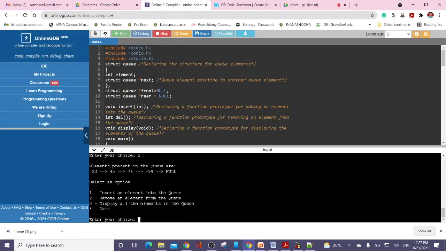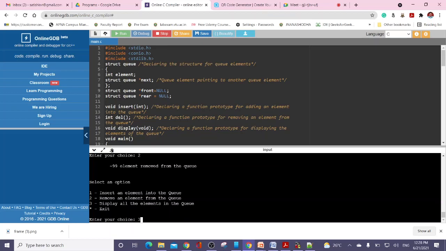So now coming back to the program execution, I want to remove elements using 2. It means 23 is removed. Again 2, 45 is removed. Now let's see the elements. 76 and 99 are there. So I just remove with 2. 76 is gone. Just enter 2. Minus 99 is also removed.